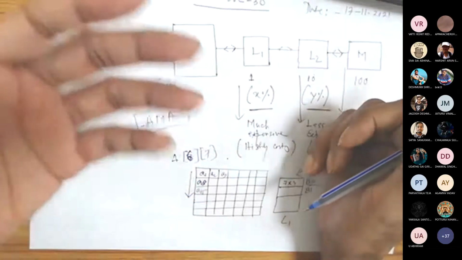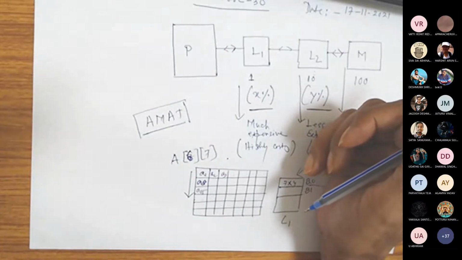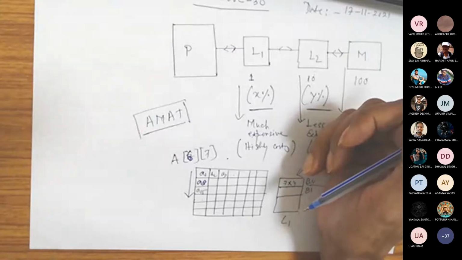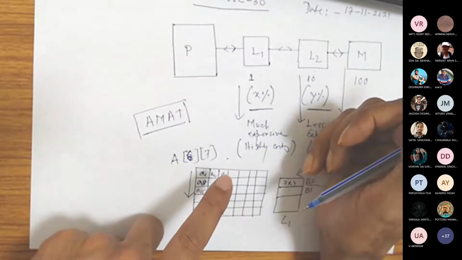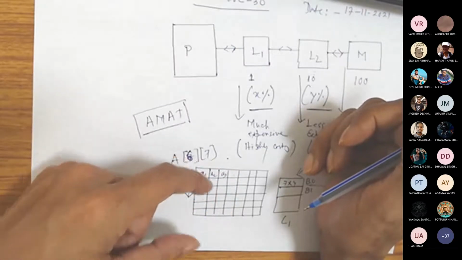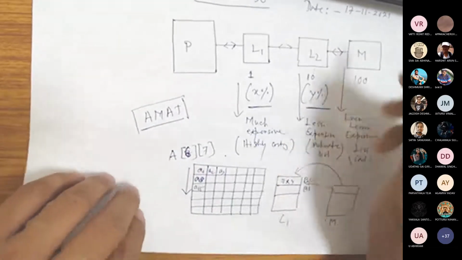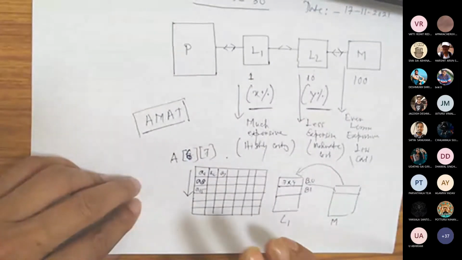And when you people will be joining industries, I know that these days many of you will prefer to join banking sector jobs and other things because of higher packages. There also you will understand why they will recruit you: because of your analytical skills. That is, how do you exploit the existing resources in a better way so that the overall performance improves. Okay. So that is what I wanted to tell about the cache memory part before I go to the next topic.